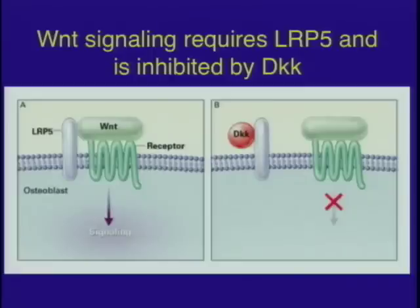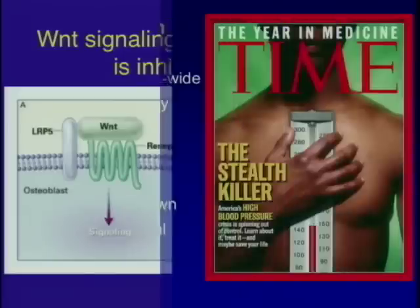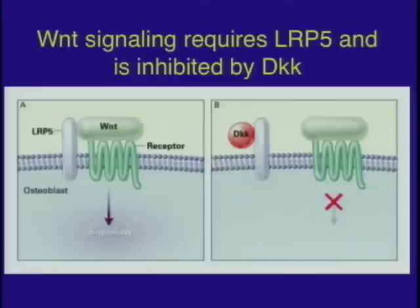It turns out that DKK and sclerostin are normal antagonists of Wnt signaling, and they antagonize Wnt signaling by binding to LRP5 and inducing its clearance from the cell surface through endocytosis through clathrin-coated pits, and that in the presence of these single amino acid substitutions, these patients have sustained Wnt signaling. Now, the beauty of this, I think, is if I had come to you and said,